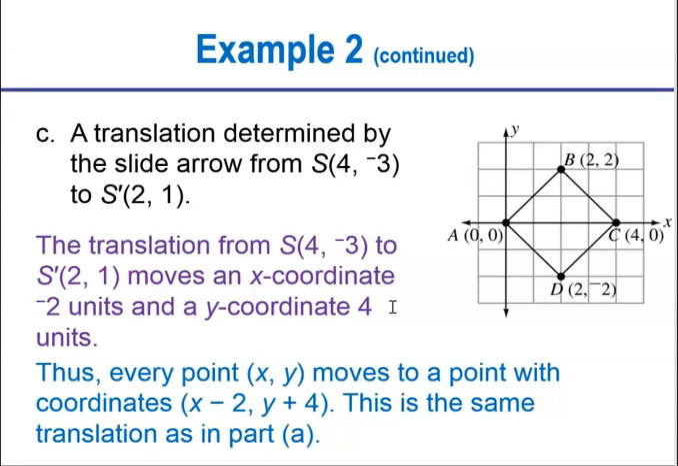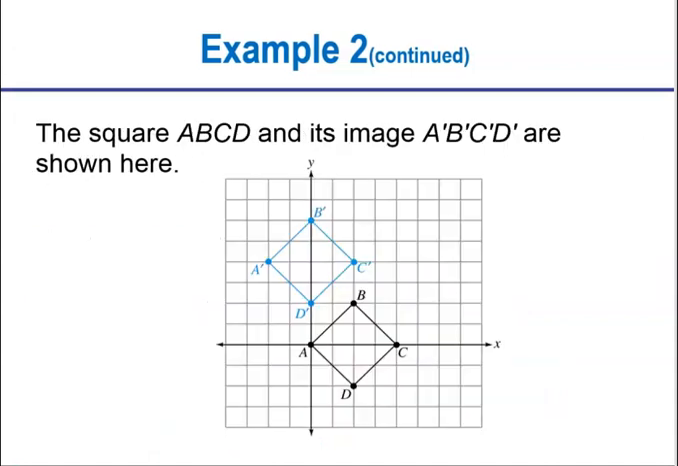This is the same translation as in part A. Just 3 different ways to depict a translation. And this is actually a picture of that translation. So remember, they gave us the points 0, 0, 2, 2 for B, 4, 0 for C, and 2, negative 2 for D. And when you run those through,